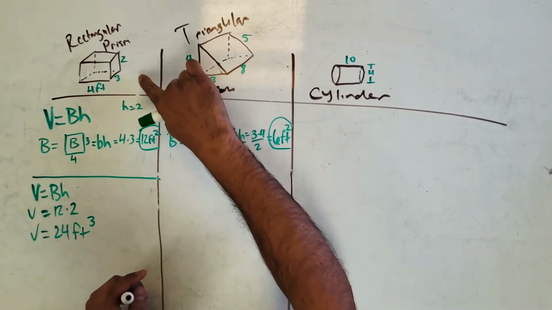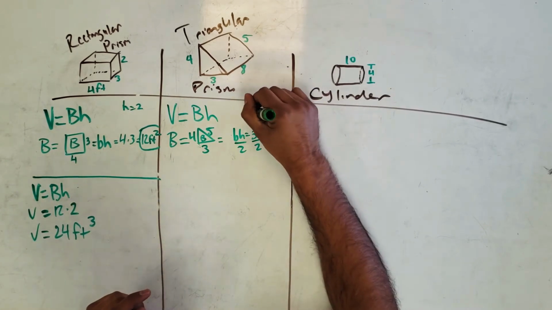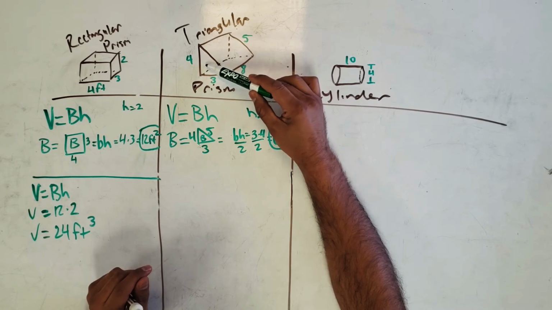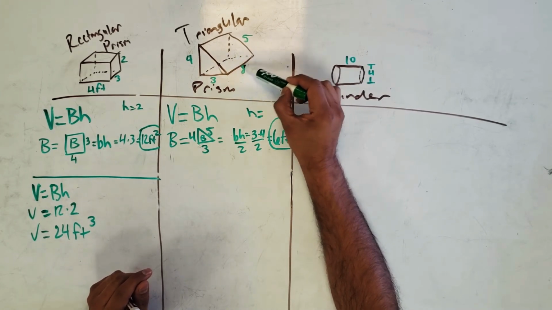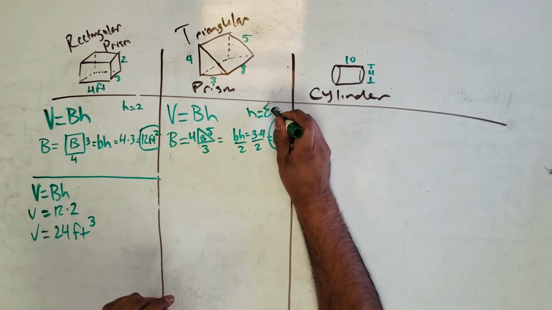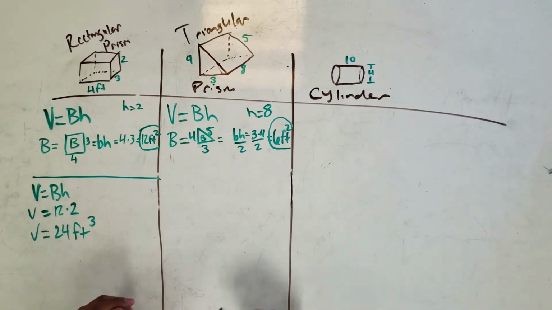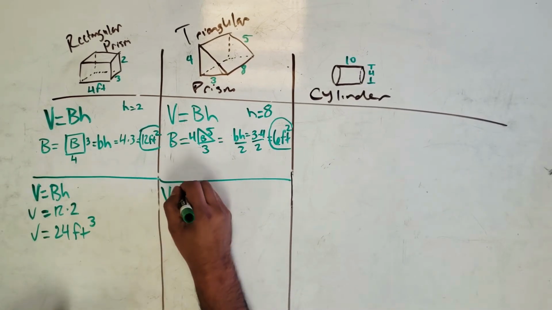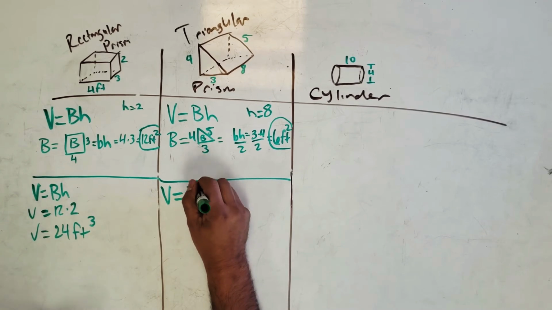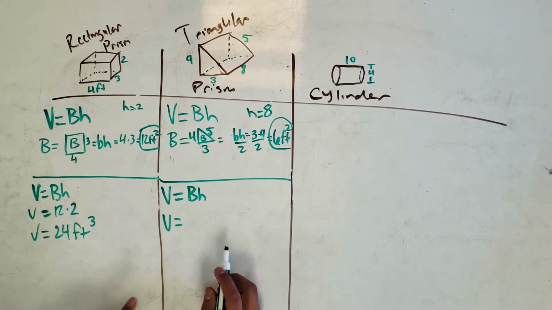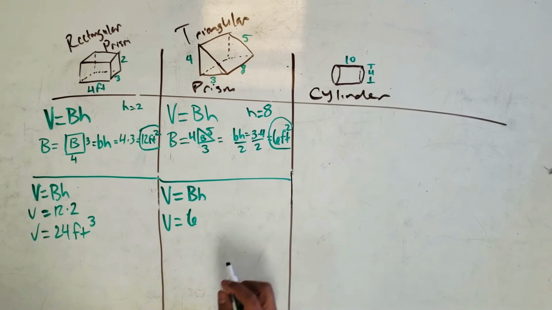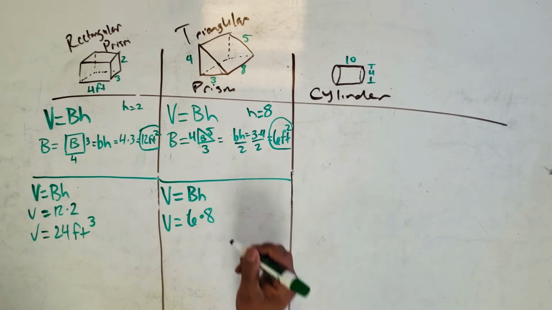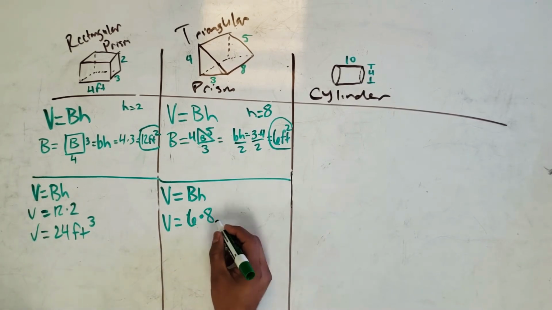And then just like on what we did on this one, we need to identify the height. And like I said earlier, the height is the distance between the twins. The twins are the 2 triangles, and they are 8 feet apart. Okay, so that's going to be our height. So now I have everything I need. So now let's do the formula. V equals big B times H. V equals, I already know big B is 6. And I know my height, my distance between the twins, is 8. So 6 times 8 is 48